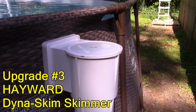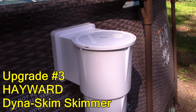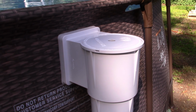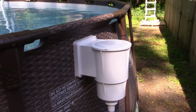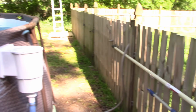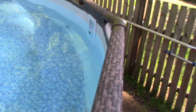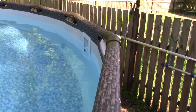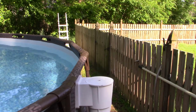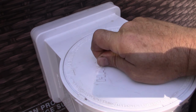Our next upgrade is this skimmer attachment made by Hayward. And I'm really happy to have this because I spent way too much time last year with that net cleaning dirt off the surface of the pool. And when you consider that all the dirt that enters your pool does so at the surface, it only makes sense to have a skimmer. So I'm really happy with this. It's been working great,